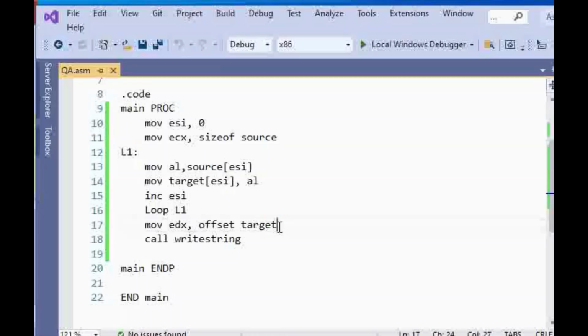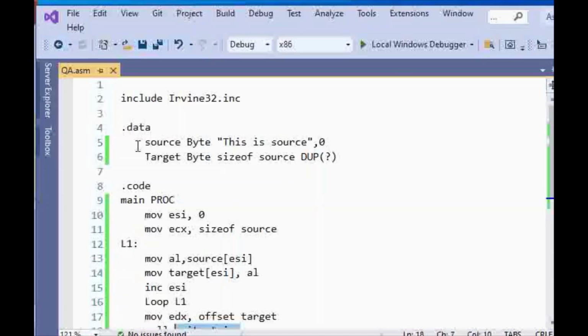Because we moved target inside of our EDX, and we call WriteString on target. So that's how our array works. If you want, you can just put all of them together. Actually, let's make it numbers, because numbers are going to be a little bit different. They need to have commas in between them. So I'm going to say this is a DWORD, and I'm going to assign 1, 2, 3, 4 to it, and this is going to be DWORD again, and it's going to be size of source,